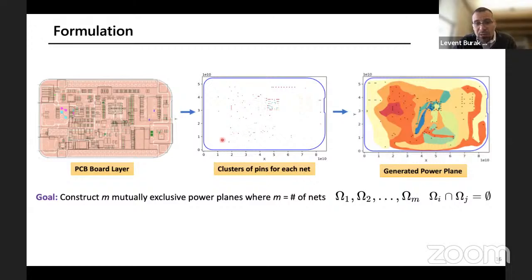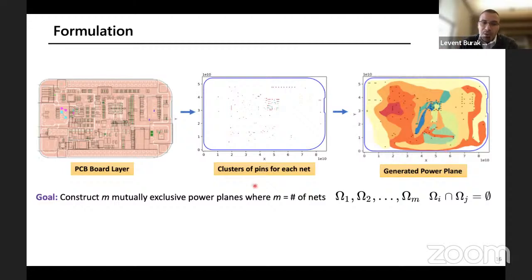The challenge was, can you now create planes that fit a particular net and do not take any pins from all the other nets? Here's one typical solution, shown on the right. As the answer is given, it's not too difficult to agree with the solution. Yes, this is a reasonable solution, but given the middle one, it is a very heavy trial and error process to get these planes right.